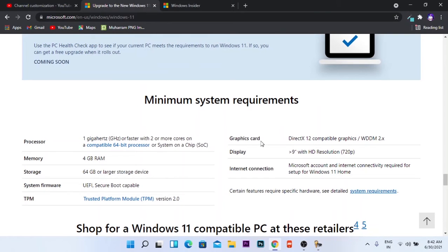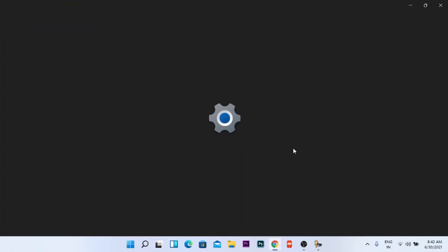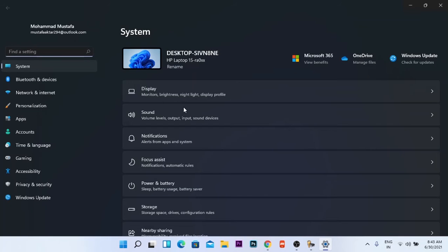After that you need to go to the settings tab. So I'll open my settings, and in settings, this is Windows 11, I have upgraded. And this might be different in your scenario because you will be performing this with Windows 10.